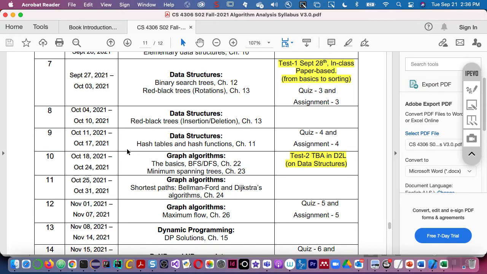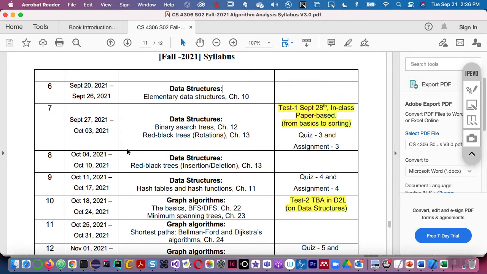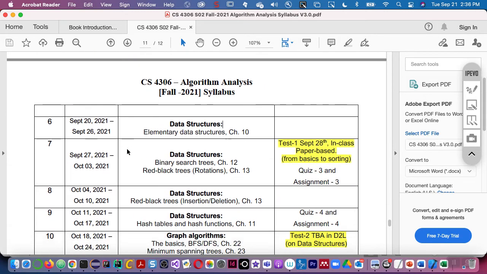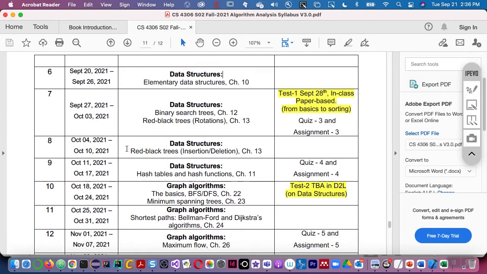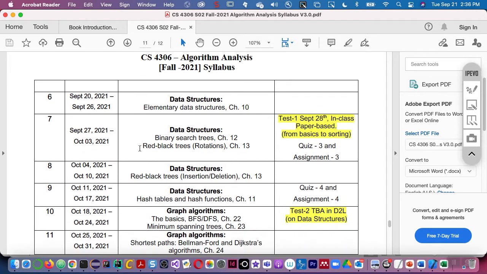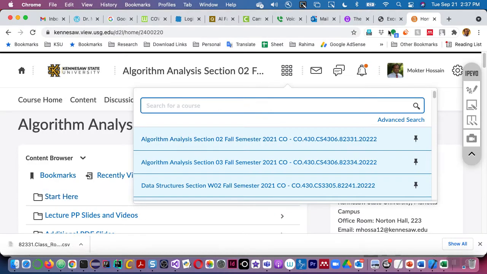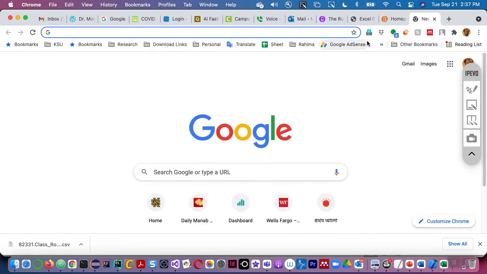The red black tree is not covered yet. I'll see if I can cover it. Okay, so to expedite our teaching, let me